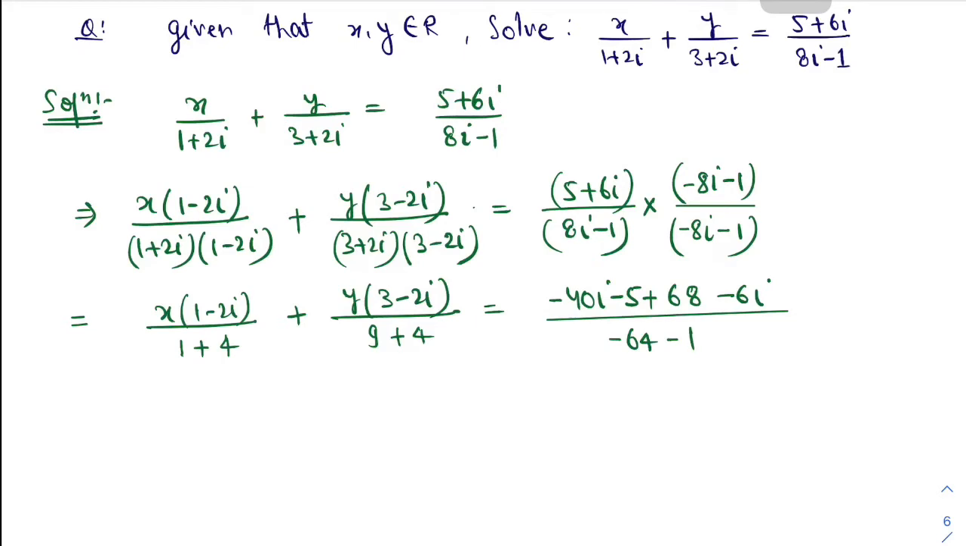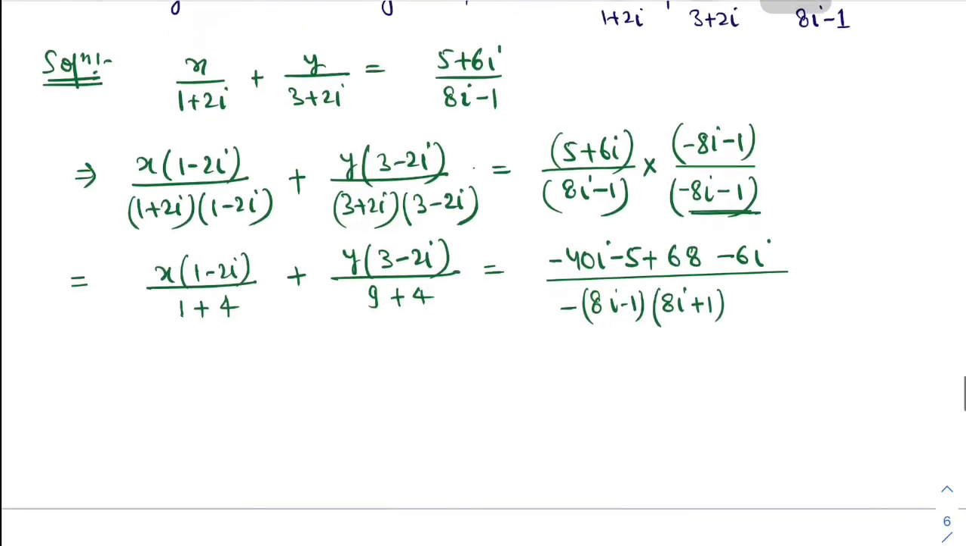Look at the denominator carefully. Sorry, let me write it as 8 iota minus 1 and by taking minus common from here it becomes 8 iota plus 1. Okay, yes,